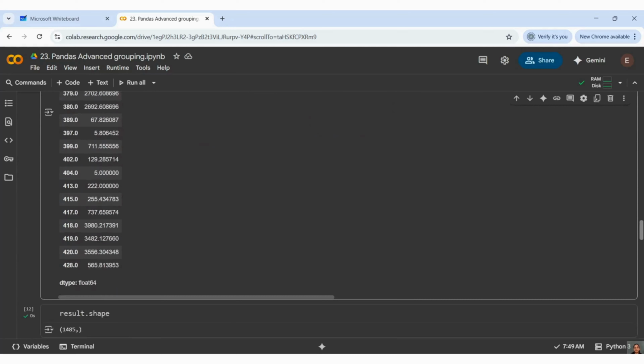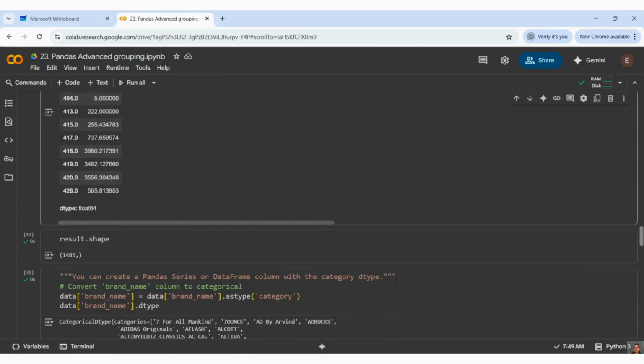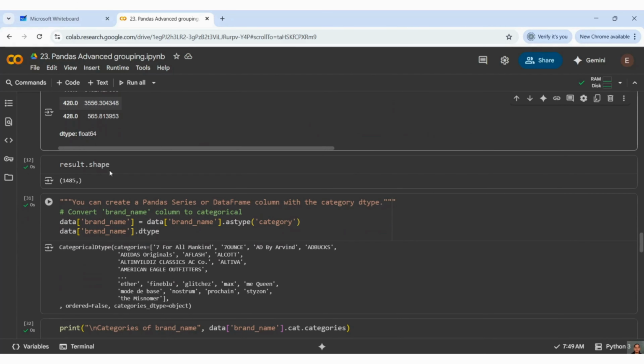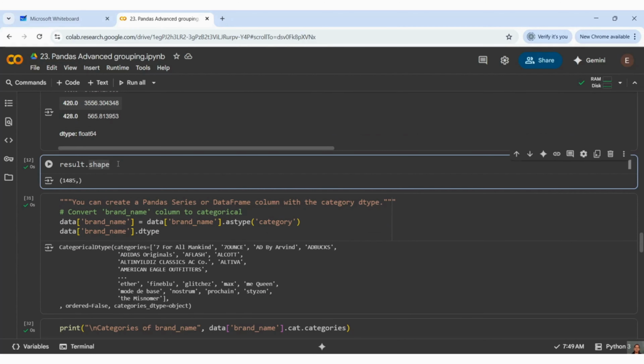So this is how we can achieve our transform and apply. Now we will see a data set where some columns are of object type. In that data set, series or data frame, both it is applicable.